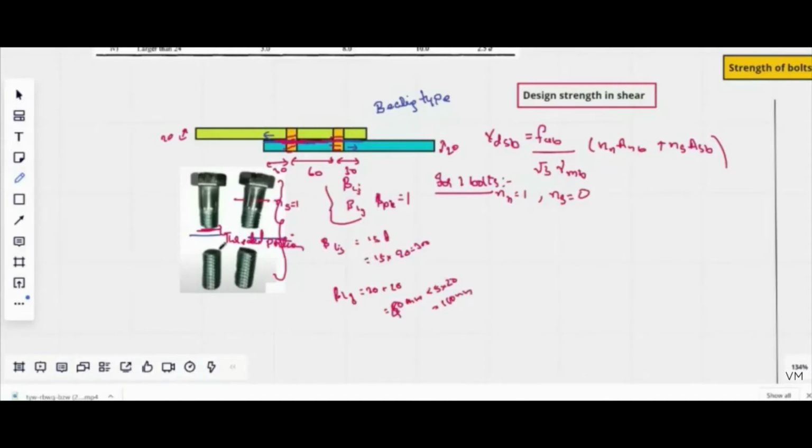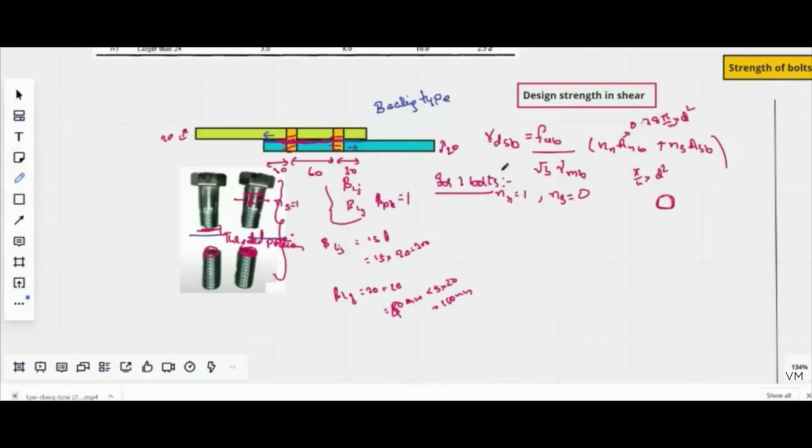And apart from that, we are going to study the fracture zone here. Generally, when we see the failure in the bolt, it will be around a circle. The shape of the bolt in the threaded portion will be around a circle. That is why the area of circle has been substituted here, pi by 4 d square. This d is the diameter of shank. Now we are seeing that the failure has occurred in the threaded portion. This is why the value will be reduced to 0.78 times of pi by 4 into d square.